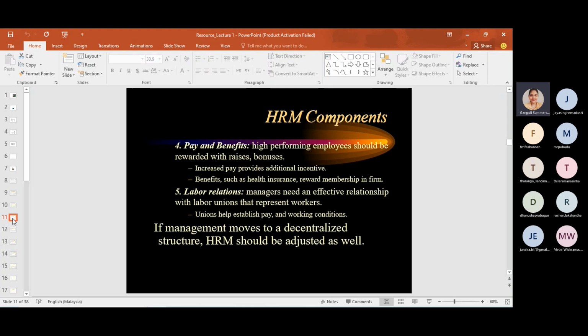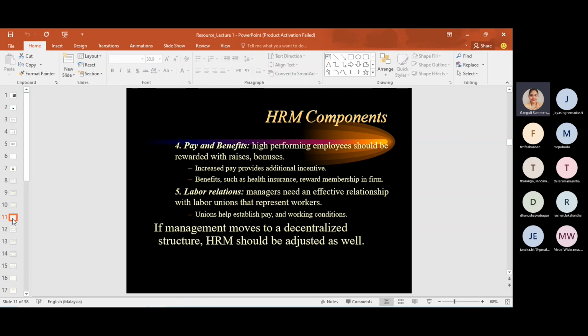Okay, so these are the HRM components. If management moves to a decentralized structure, HRM should be adjusted as well. Okay, so now what is decentralized management? Decentralized management means,